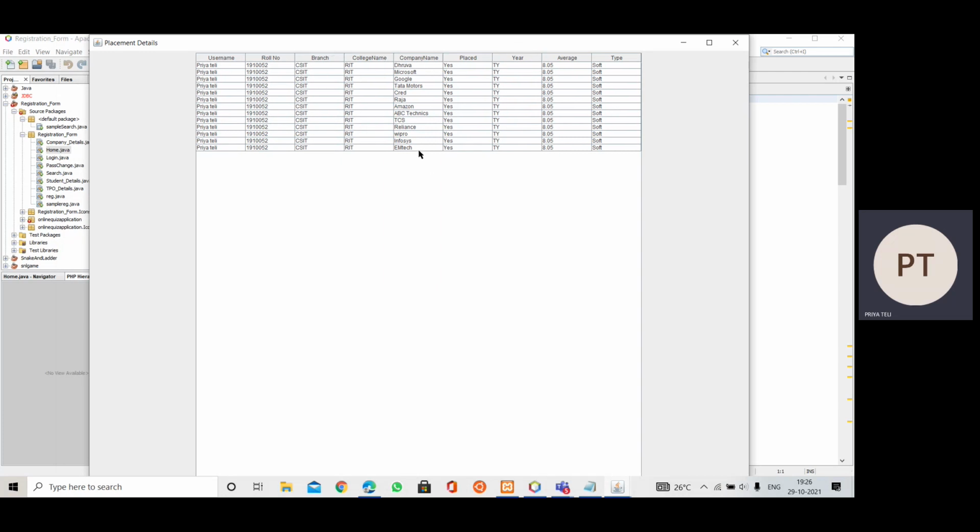It compares the cutoff of a company and the marks of 4 years of the student, and with this comparison it shows which companies the particular student is applicable or eligible for, and these few details are displayed here.